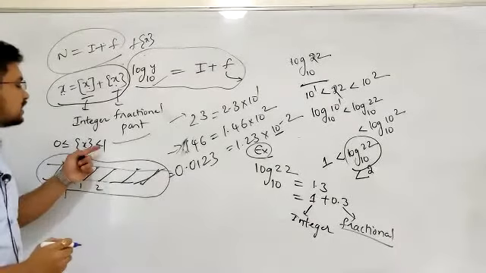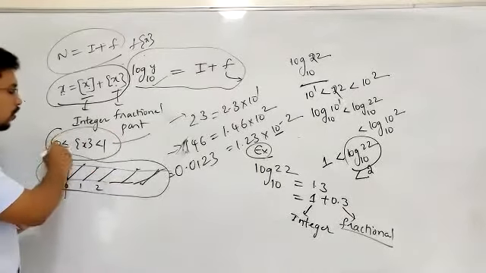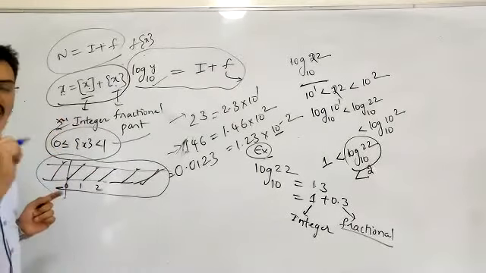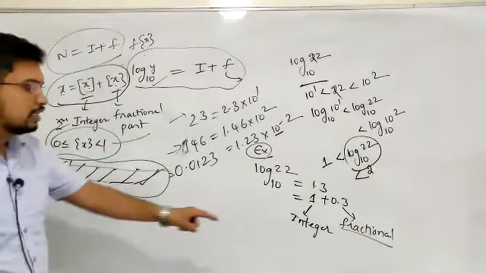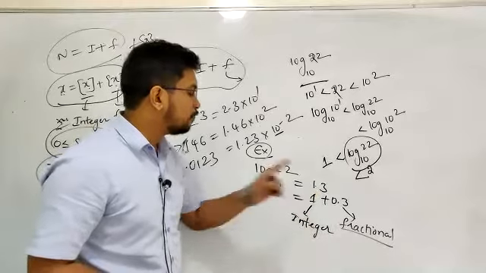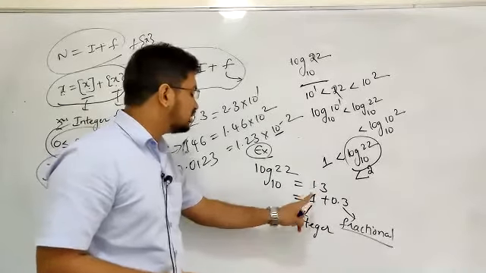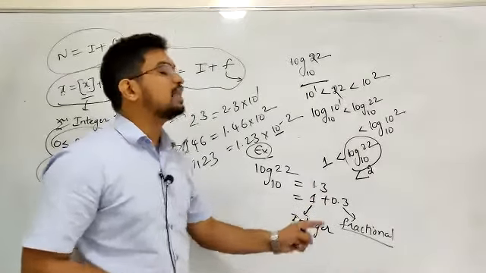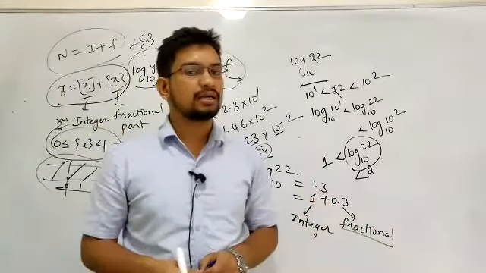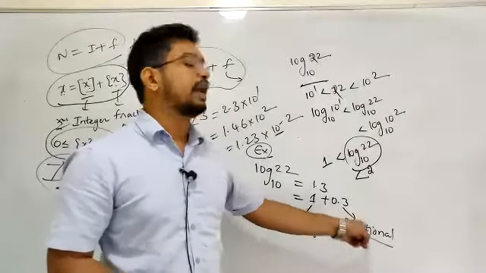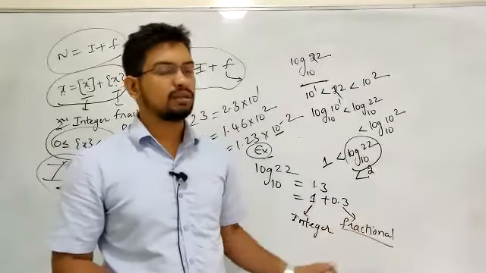Now this fractional part of x is never negative. Always you have to remember this, never try to forget this. Now if you consider log of 22 to the base 10, if I'm writing something like 1.3, this 1.3 is written as 1 plus 0.3. This has an integer part as well as a fractional part. The integer part is 1 and the fractional part is 0.3.